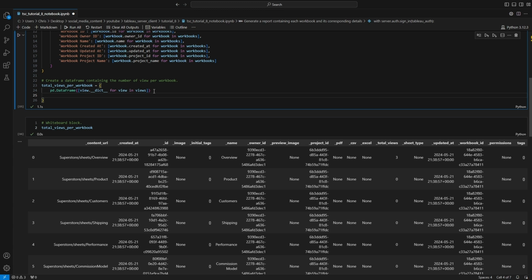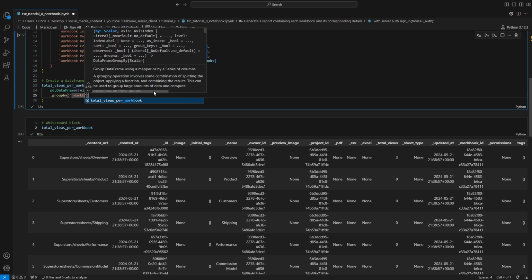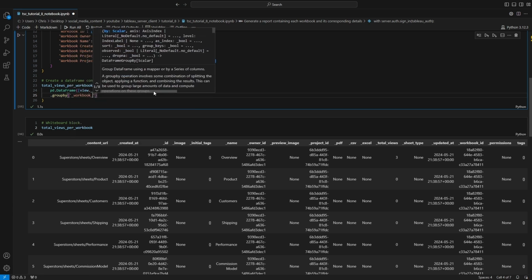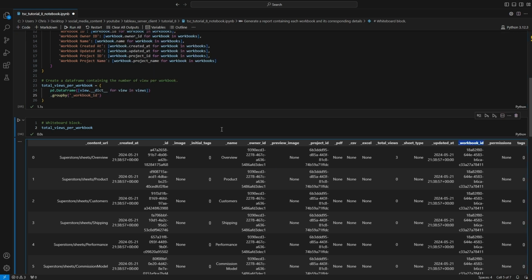So total views per worksheet within a workbook. I'm going to say group by, and then what am I going to group by? I'm going to group by workbook ID. And why am I typing it like this, _workbook_ID? Well, that's because the attribute maintained for the workbook ID is actually represented that way, right? Now what I want to do here is group the rows by the workbook ID, but